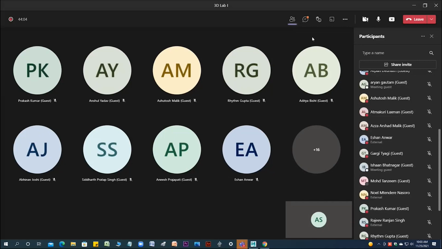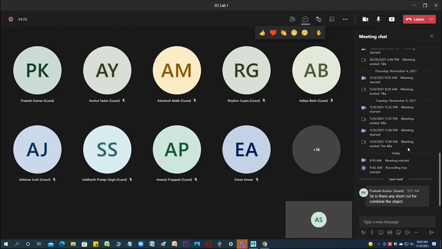Any questions, especially from online students? Prakash, rather than going for shortcuts, create your tray. It is very easy. This is why I always say don't go for shortcuts when you switch from software to software. The problem I've been facing is that shortcuts sometimes become an obstacle. If I'm habituated to Maya shortcuts and you switch to Blender, your hand won't work immediately. But tool by tool, you can do it easily.